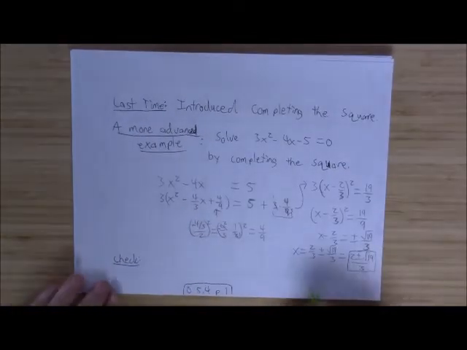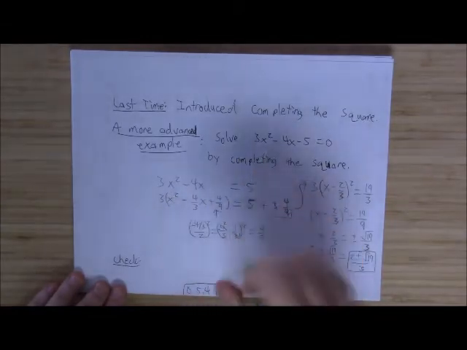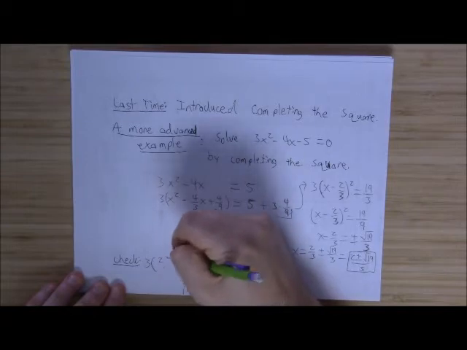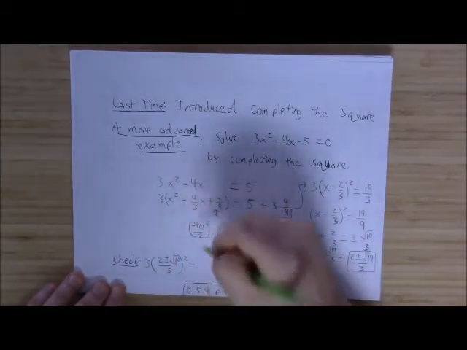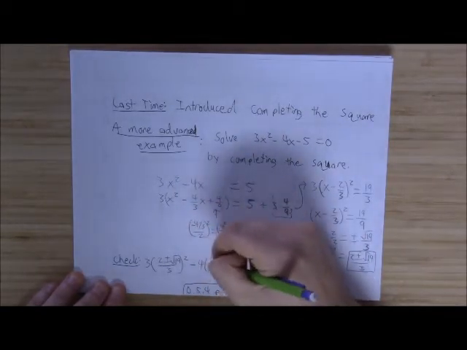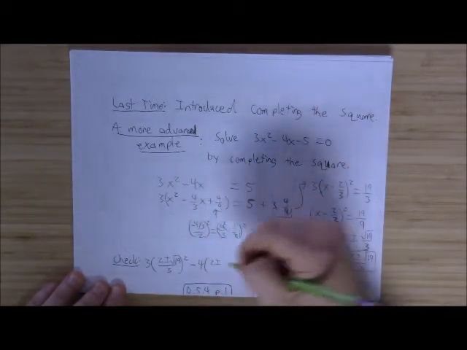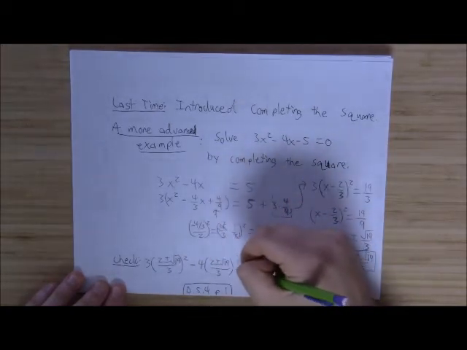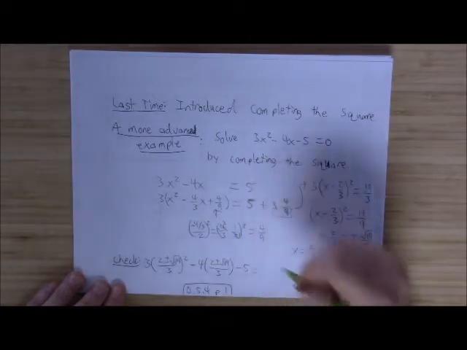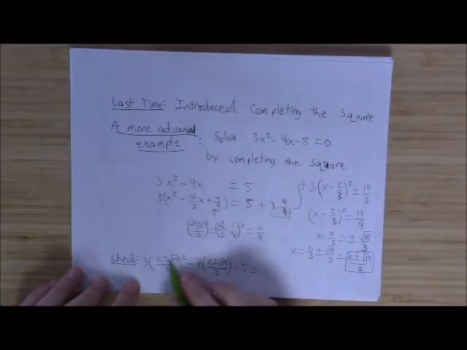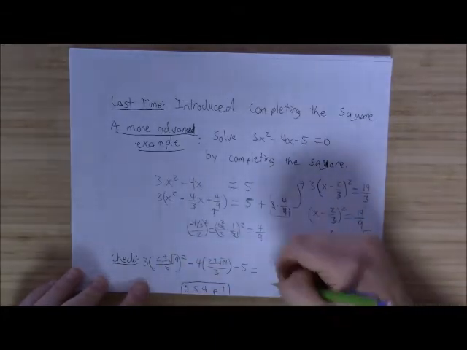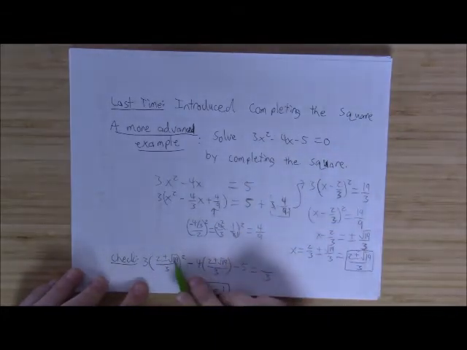Let's check that. Plug that back into the original equation. We have 3 times 2 plus or minus square root of 19 over 3, squared, minus 4 times 2 plus or minus root 19 over 3, minus 5. What does that equal? If we expand this out, the bottom will give us 2 3s. One of those 3s will cancel, so we'll get the 3 in the bottom. In the top, we have